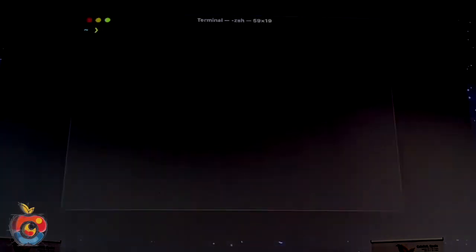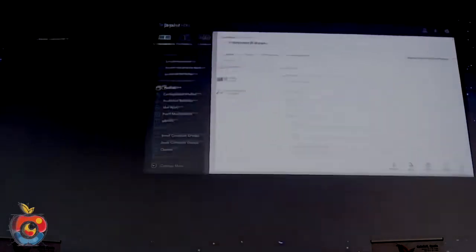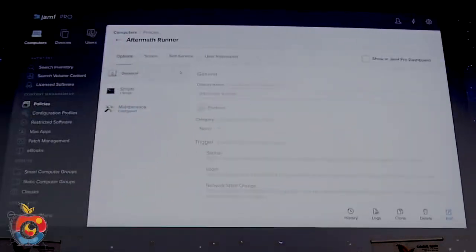So we eventually get suspicious, or in our case, we triggered Yara detection. And so it's time to use Aftermath to get to the bottom of what's going on the system. So we can either do this straight from the terminal, or we can actually use an MDM. So to take a brief detour into MDM land,